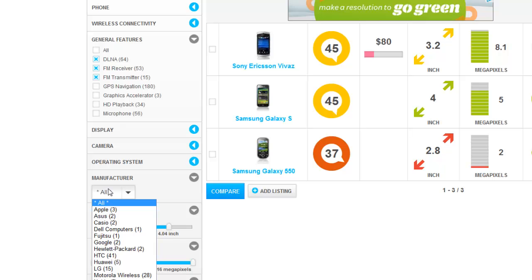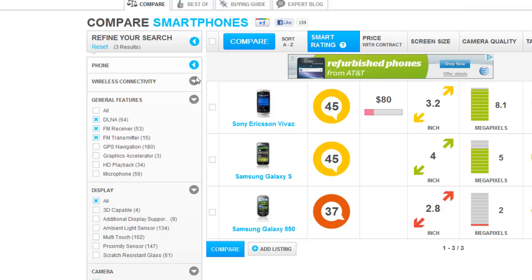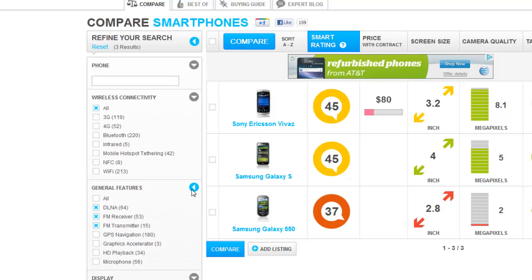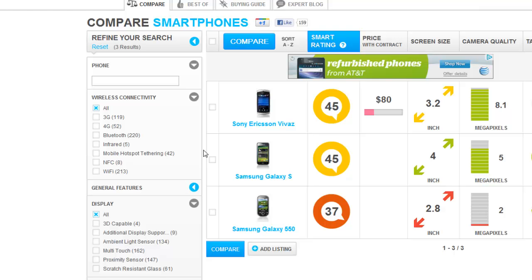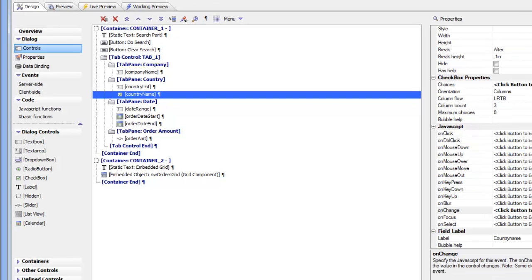So the point is that what we see here is what looks like an extremely complex page, but if you break it down into terminology that Alpha 5 users would understand, you can see that this on the right hand side just looks like a grid component, and then on the left hand side it looks like something that you could easily build in, say, the Dialog component to gather information about a search that you want to execute. So let's now go over to Alpha 5, and I'm going to show you a Dialog component that